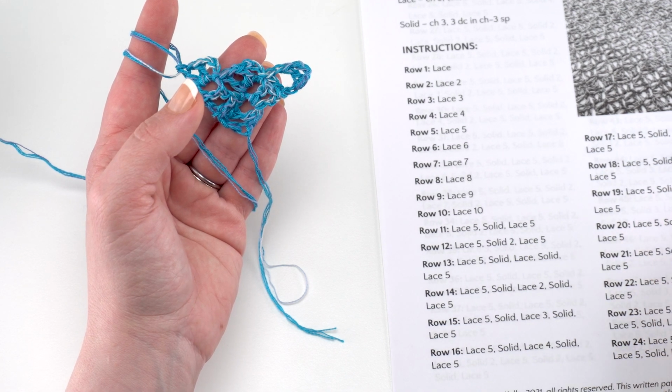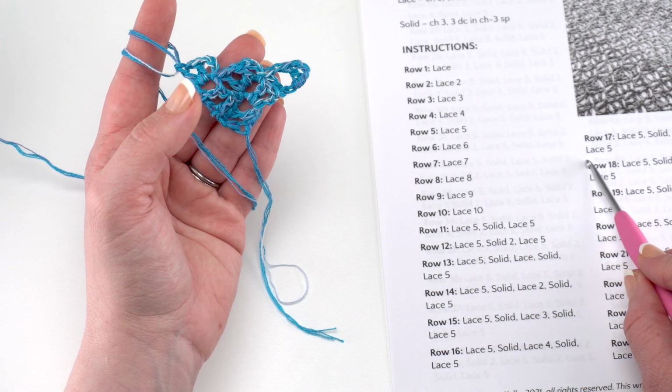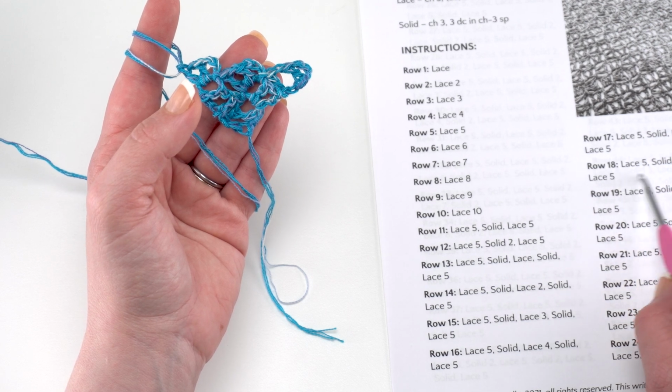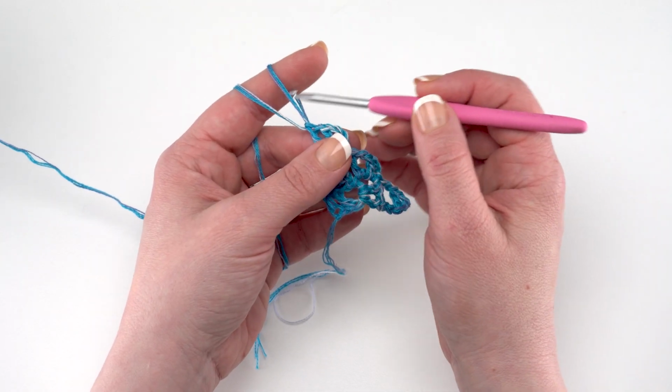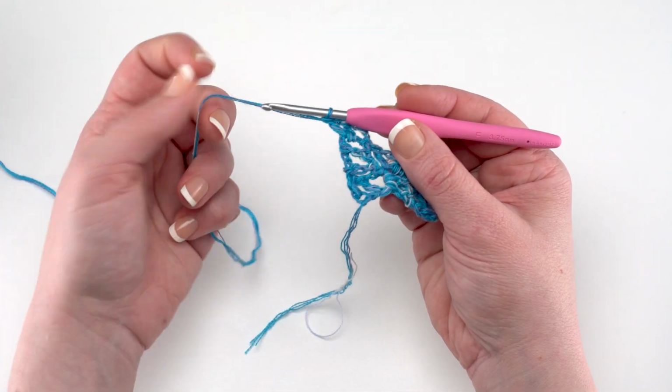And it really helps if you print out the pattern or purchase the PDF, which you see right here, so you can sort of cross those off as you go through them. Now, row 4, as you've just seen in the written pattern, is still 4 lace blocks. But I'm going to